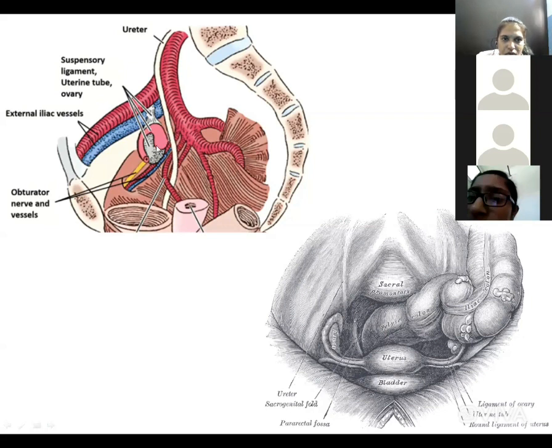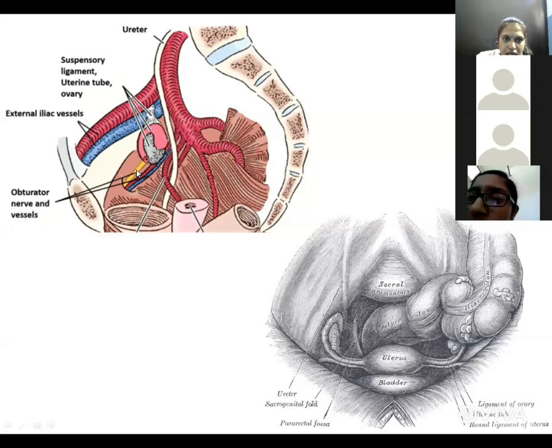So the obliterated umbilical artery helps localize where exactly the ovaries are in living condition, for example in operations, where they will go for the ovarian fossa. The boundaries of this ovarian fossa: above there is the external iliac artery, posteriorly there is the ureter and the internal iliac artery. These are the upper boundary and posterior boundary of the ovarian fossa in living condition.